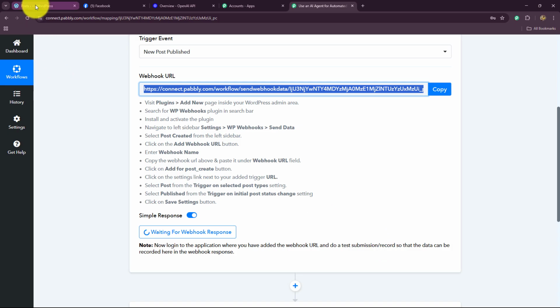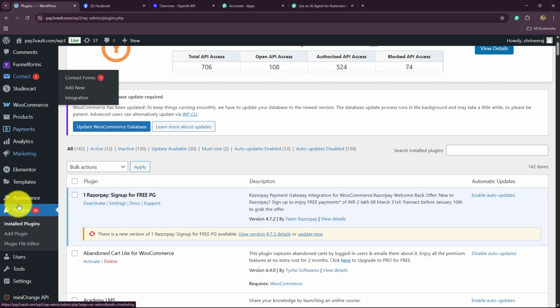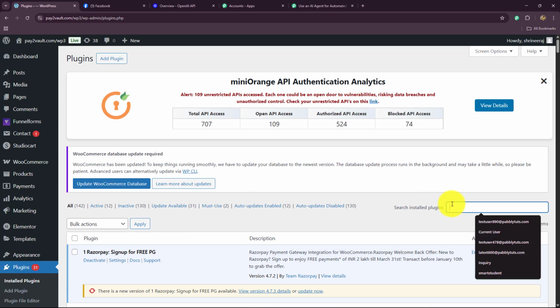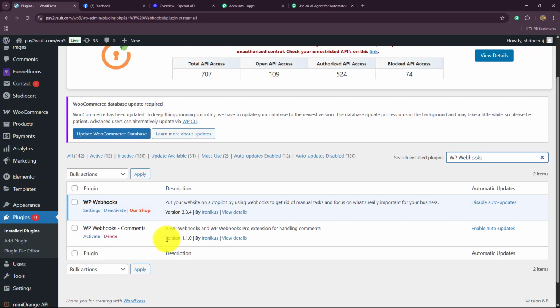So for that, first of all, I will take you towards WordPress. From the left side, after coming on WordPress, you can see the option of plugins, and here you have to go towards installed plugins. In your installed plugin section, you need to search for WP Webhooks. So this is the add-on which we need to install as a plugin in our WordPress site, and we have